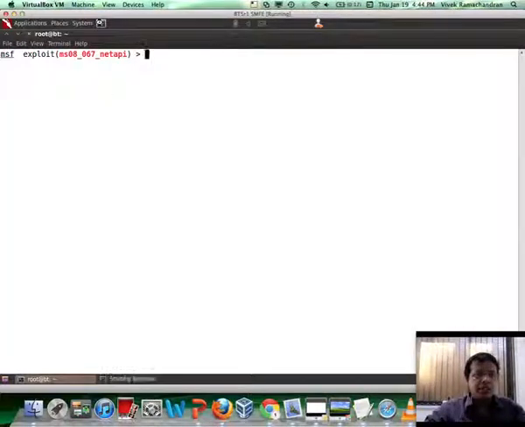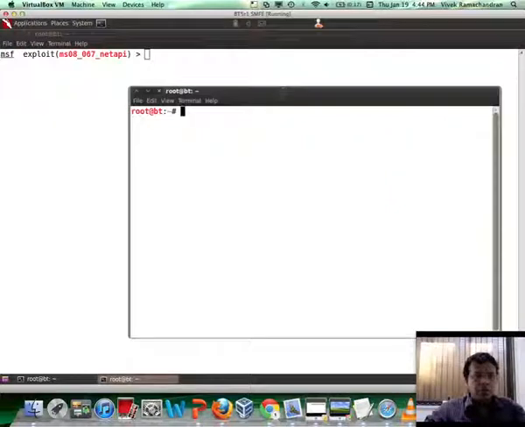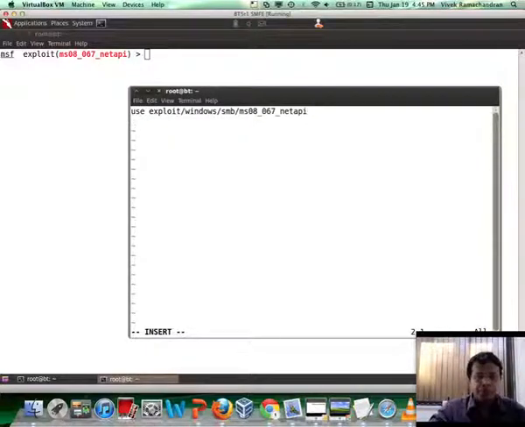Now, what we could also do, for a second, let's background this Meterpreter session, is we could have created a separate RC file for demo purposes. Let's create a file called exploit_netapi.rc, paste in the same set of commands in it, and use the default payload, which is reverse TCP Meterpreter.